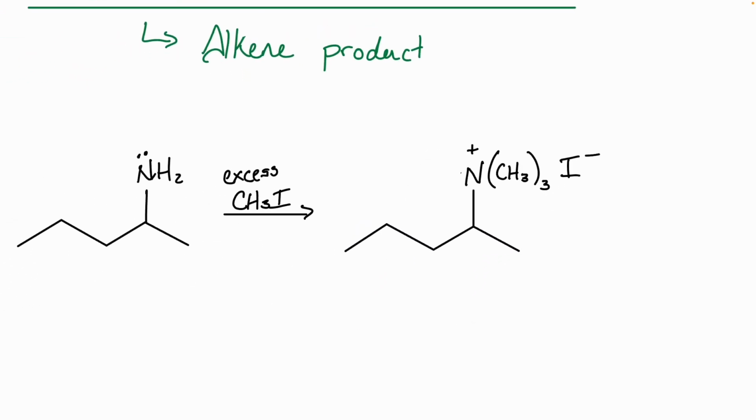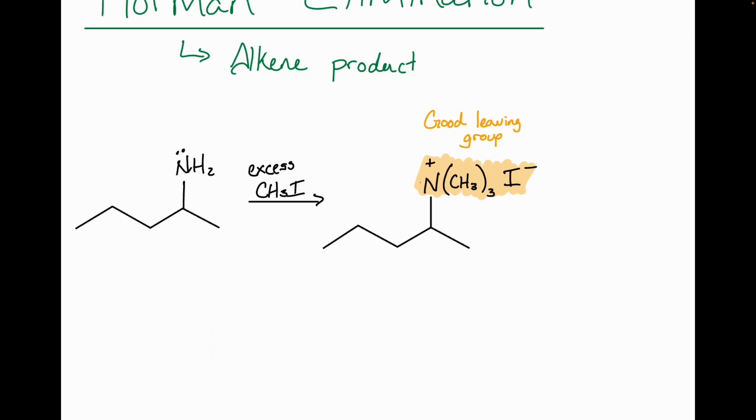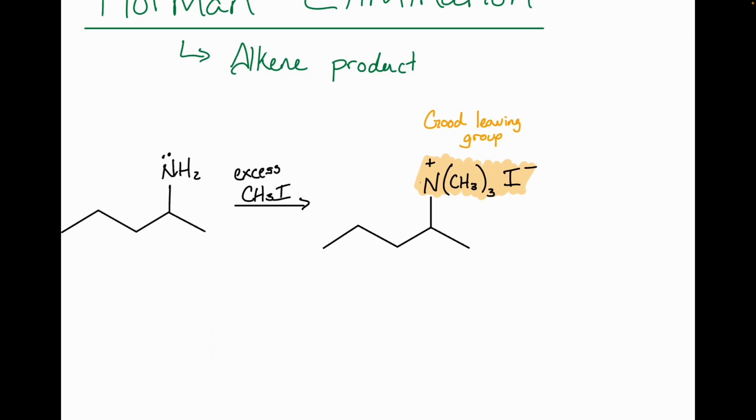All right, so we made that quaternary ammonium ion here, and now this is a good leaving group. All right, so now we have a good leaving group. If we have something that's a good base in there,